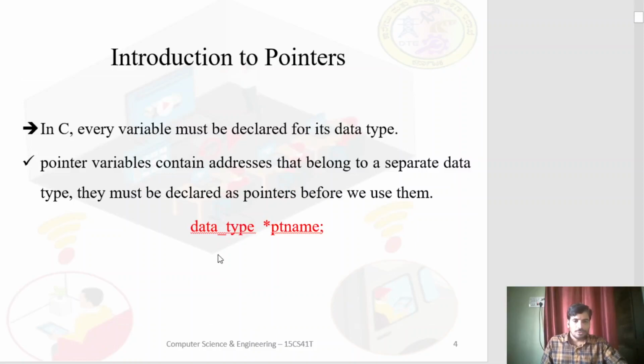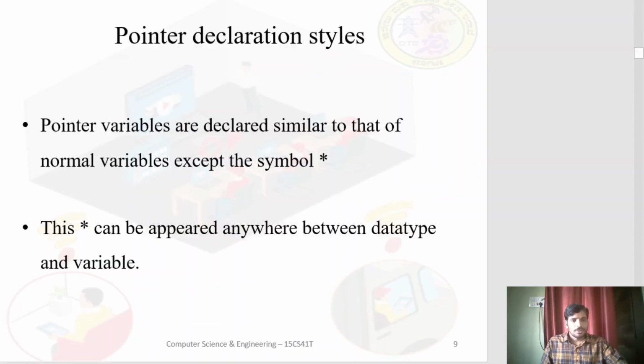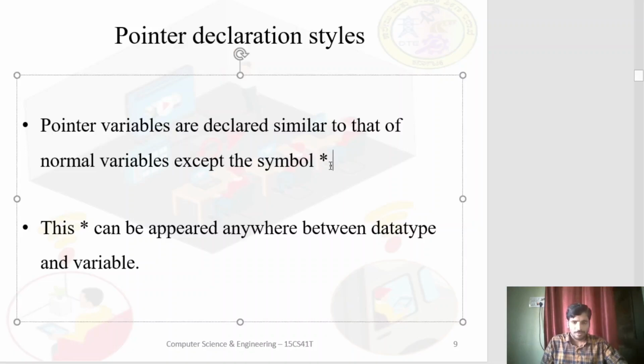Okay, so there are three styles in which we can declare pointers. Pointer variables are declared similar to normal variables except for this star symbol. And this star can appear anywhere between the